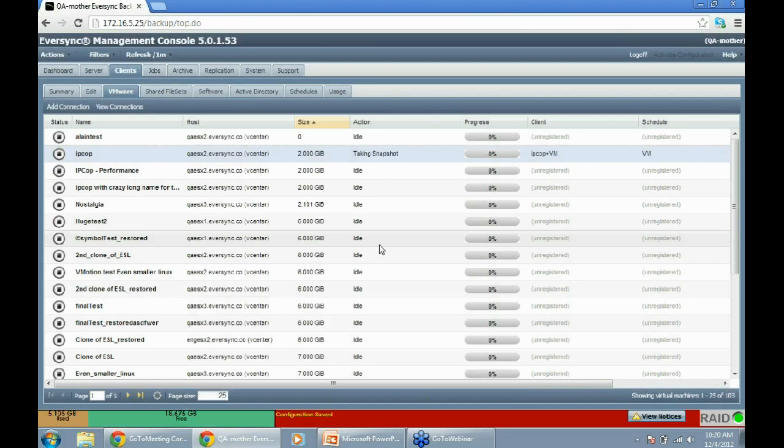So it's going to talk to vCenter, tell it to take a snapshot of that VM, and then talk to the host, get access to the virtual disk for that VM, and start copying the blocks of data from that virtual disk.